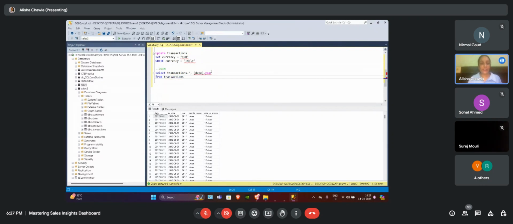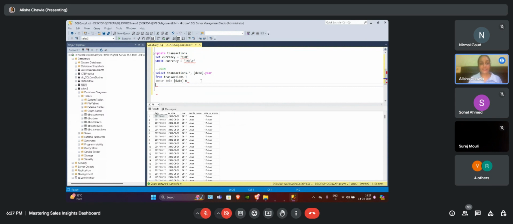We can give an alternative name to transactions. Let's say we are giving it T, and we are joining it with the dates table, and we are giving the date table an alternative name, D.